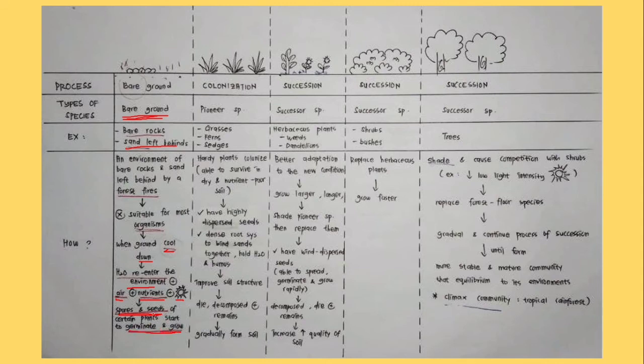So once the spores and seeds of certain plants start to germinate and grow, the first type of plants that colonize the habitat, we call them pioneer species, which undergo the colonization process, such as grasses, ferns, and sedges. And these plants are able to survive in dry and nutrient-poor soil. And these plants have highly dispersed seeds. So seed dia boleh berterabur jauh. And these plants have dense root systems